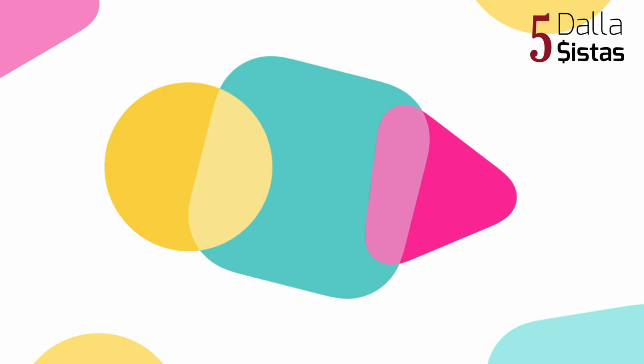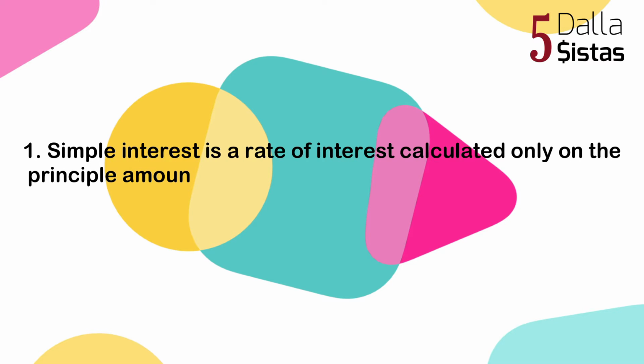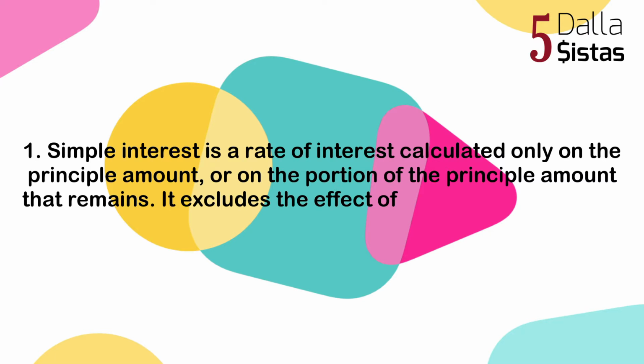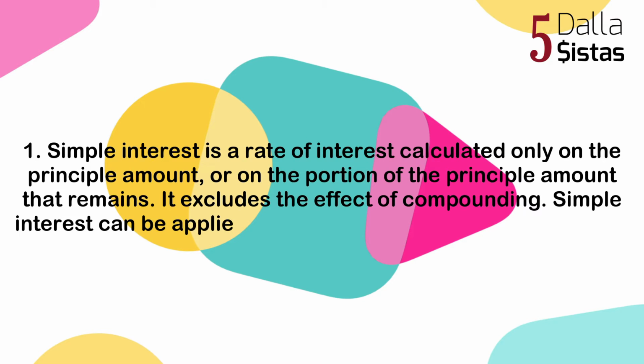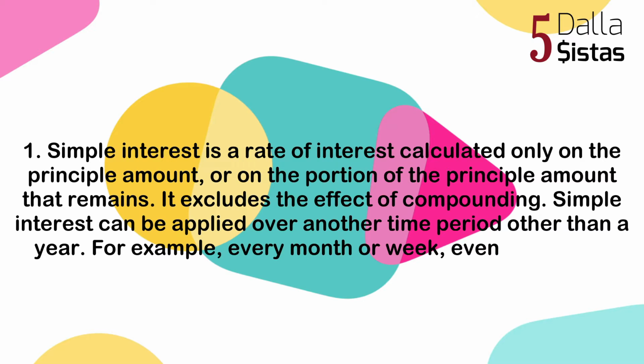Simple interest. Simple interest is a rate of interest calculated only on the principal amount or on that portion of the principal amount that remains. It excludes the effect of compounding. Simple interest can be applied over a time period other than a year, for example, every month or week, even